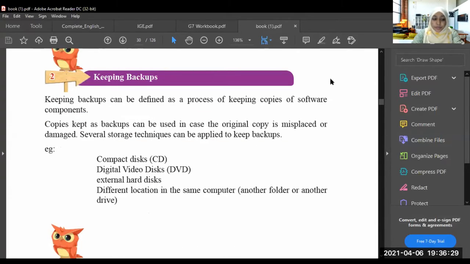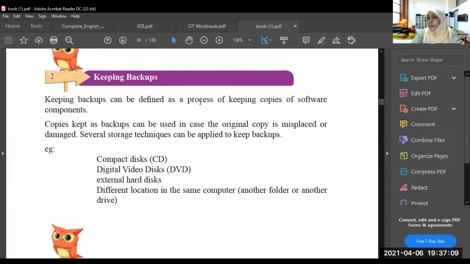Last time I told you the data and information in our computer can sometimes be deleted or lost, or something harmful can happen to my computer, so that all the data and information will be deleted, or I can't get it back. So there are various reasons why you may lose your data and information in your computer. So for that, we can keep some backups of our data and information.